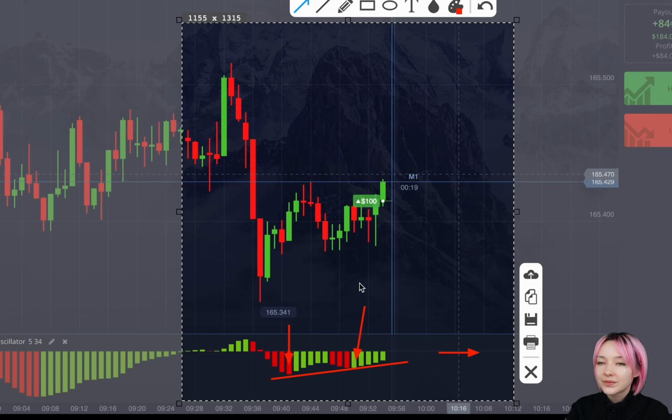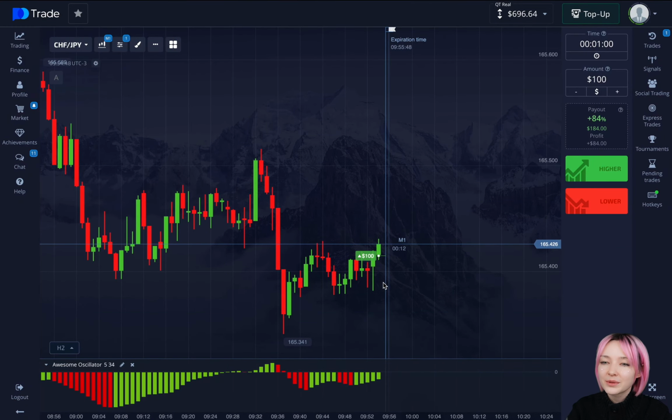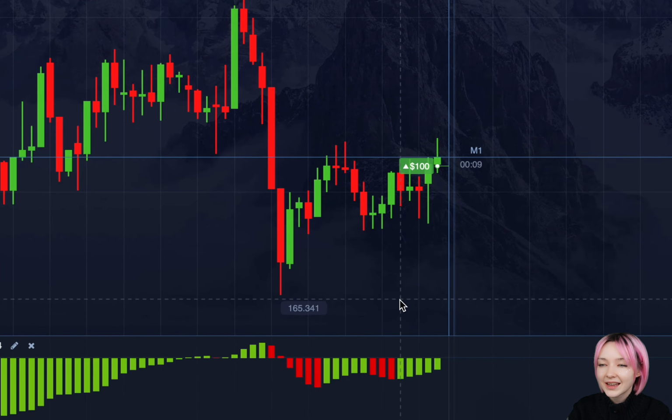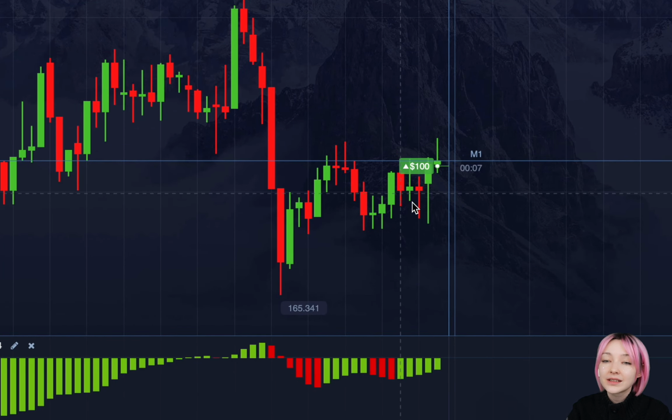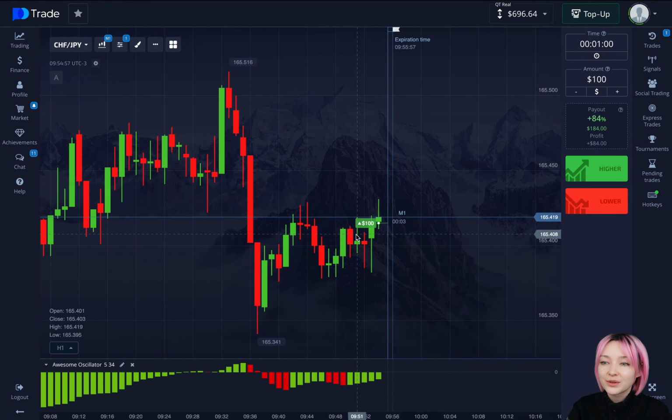Approximately here on this candle we enter to buy, and after that the chart is supposed to grow. Of course, we were supposed to enter the deal on this candle, and we should have already earned a long time ago, but taking into consideration that the trend will likely continue, I open a deal with higher in